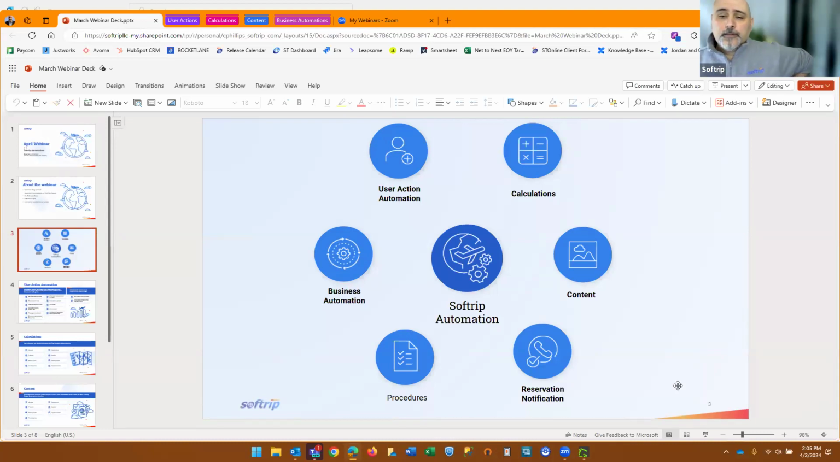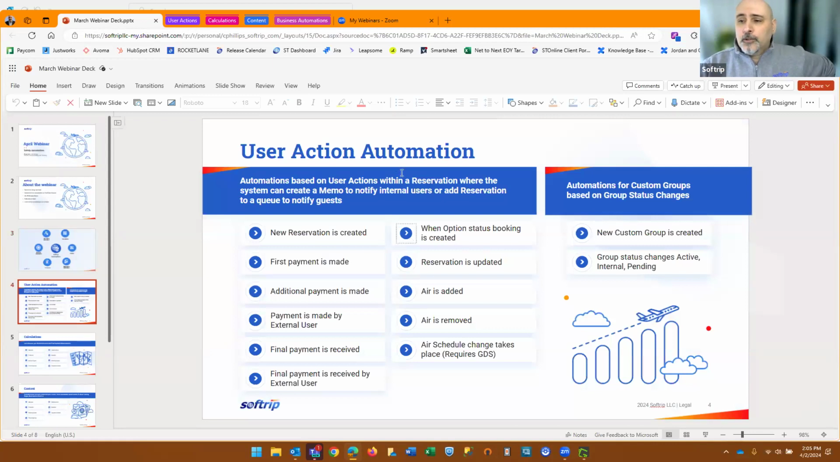So the first thing that we're going to be discussing is what we call the user action automations. What this means is basically automations based on user actions within a reservation, where the system can create a memo to notify internal staff or add a reservation to a queue to notify your guests. These are event-driven